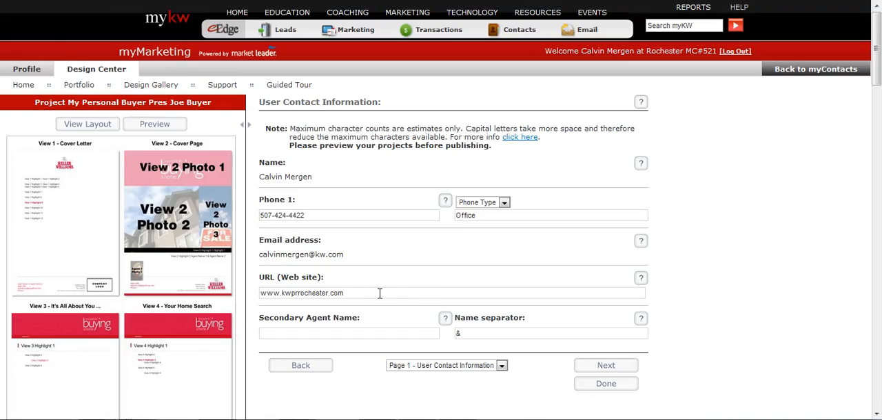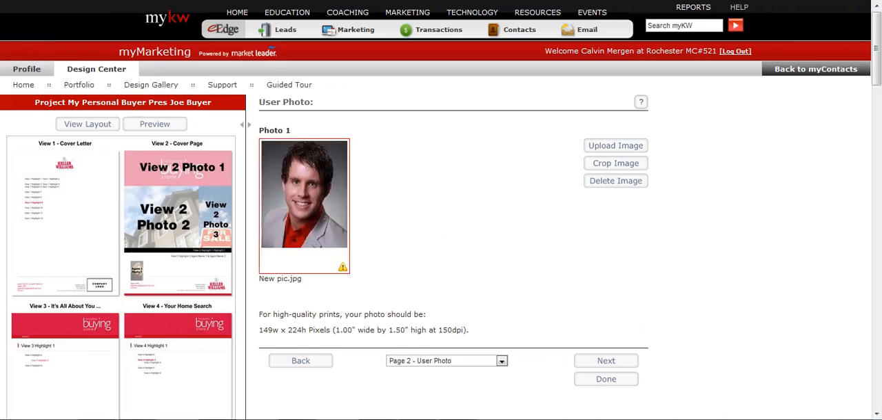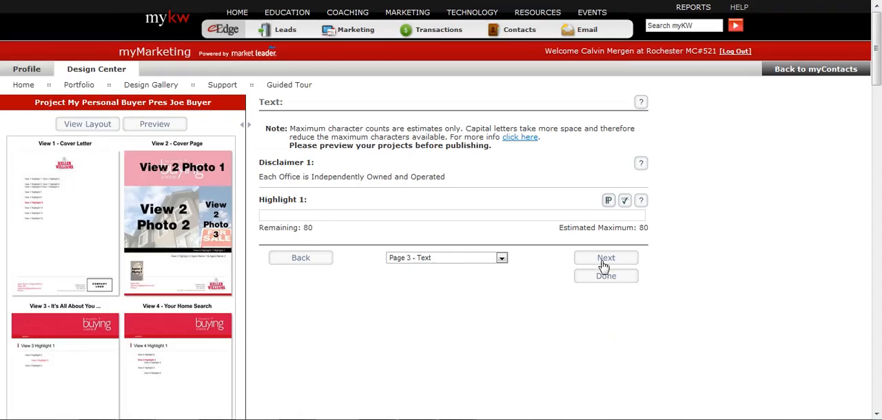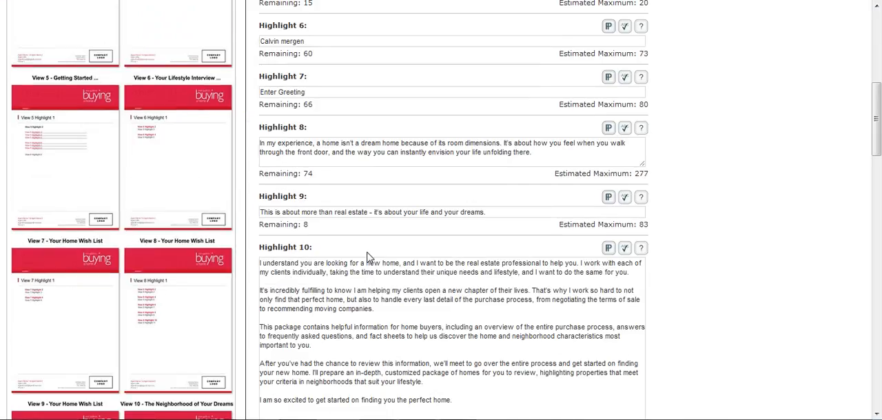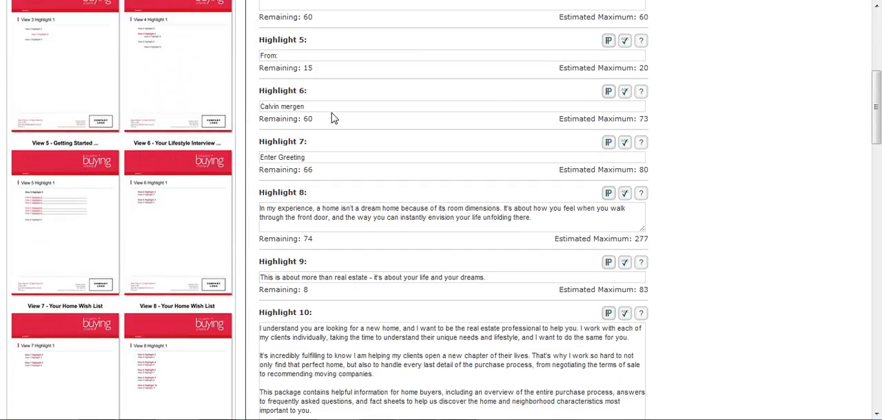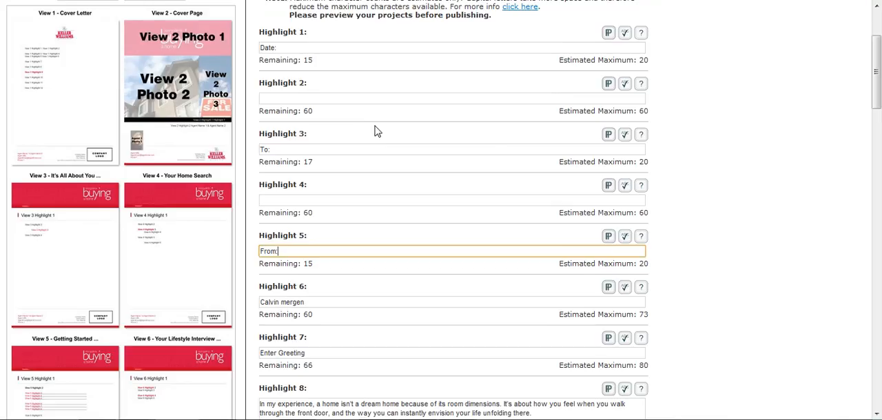Then I hit next, and then I would go into each one of these and actually hit next. I've got to go through each step here, which is fine. But here we go. So my name and all that stuff is already in here. I would just have to go in here and put in the information for